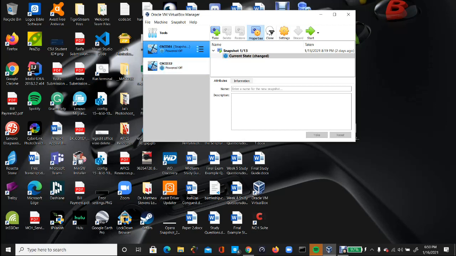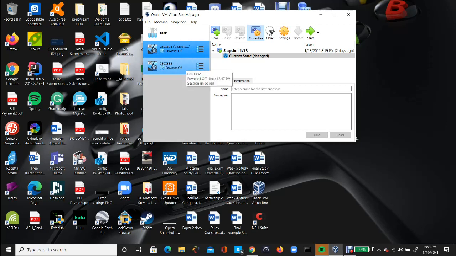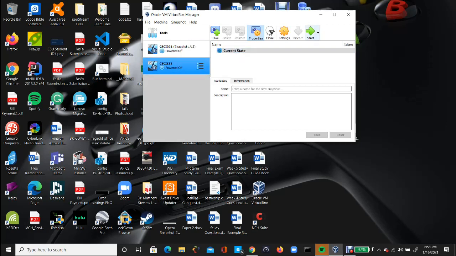As you can see, I have the VirtualBox virtual desktop already installed, and I already have two virtual machines, one for another class and one for this class, CSCI332. Right now it's powered off, so I'm going to select it and start it so we